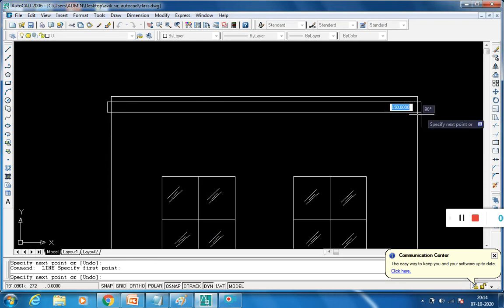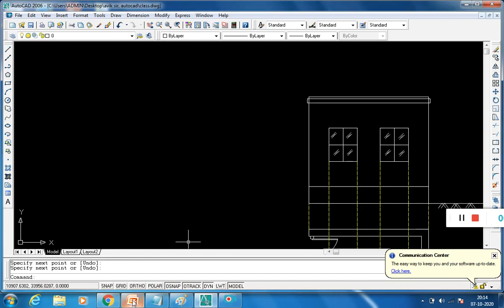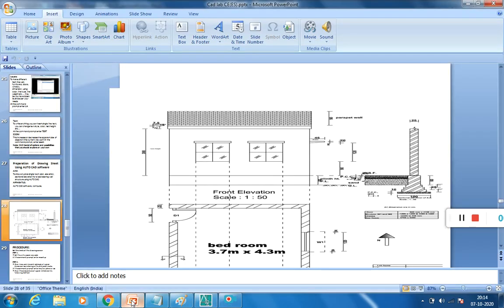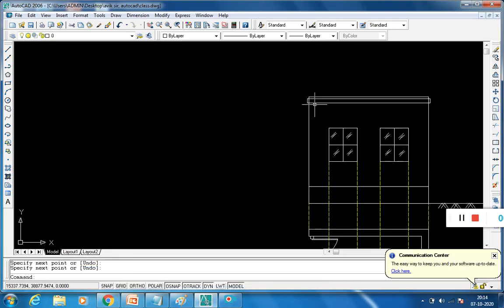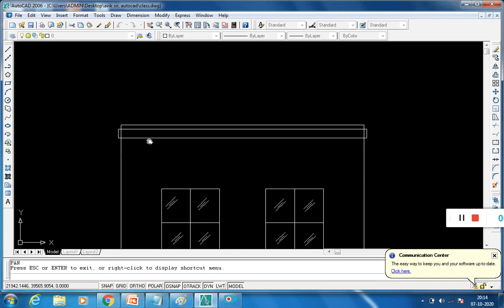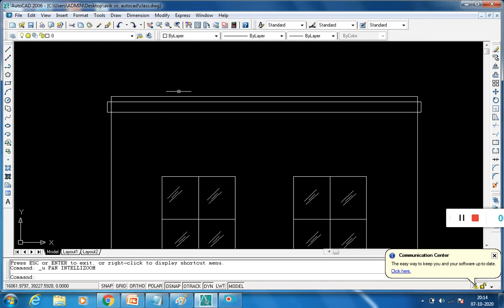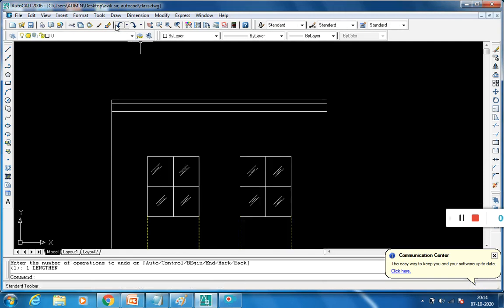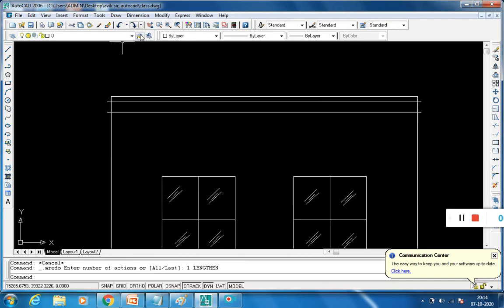Sorry, use the undo command, then the redo command.